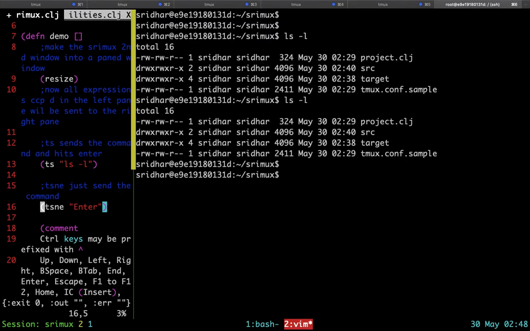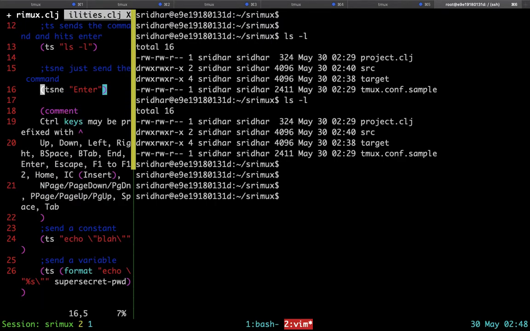You got one enter, fine. Another CPP, another CPP. So like enter, enter is a special command. The string enter is interpreted as the enter key. There are many such special keys that could be used with the TSNE command. Some of them are listed here like B space, B tab, etc.